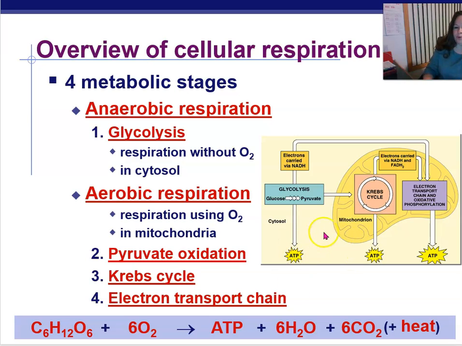Then that process moves into the mitochondria, and we have something called the Krebs cycle, which is another complicated cycle where all we're doing is continuing to break down glucose, keep tearing those H's off of it, because those H's have those electrons. And in the end, we're going to take it to this last step. Here in the picture, we have our electron or hydrogen carriers taking them to the last step, dropping them off for